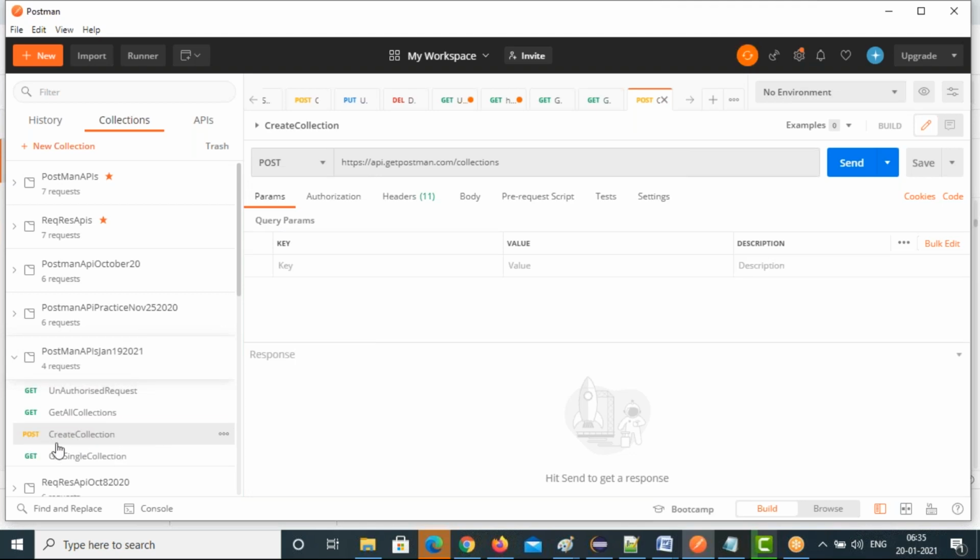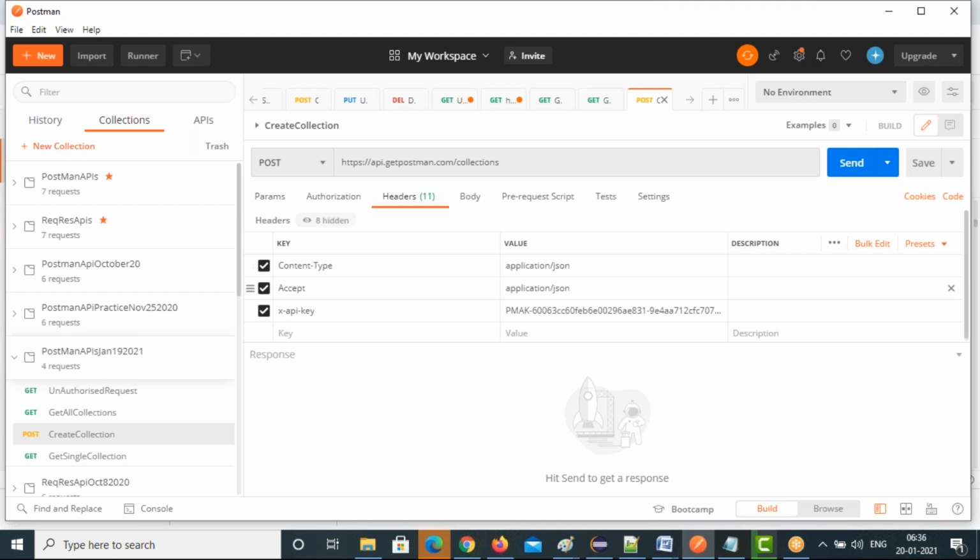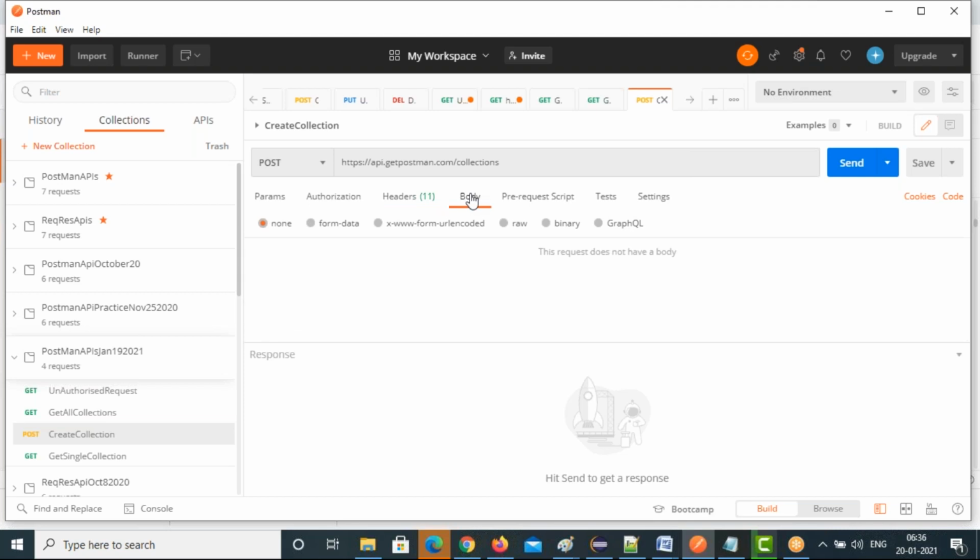Now it will change to post. This is the request name and the request method, that is post. Headers automatically came. You don't need to worry about that. See, all three are there. But apart from these headers, you need to pass an extra body for the post method and put method.